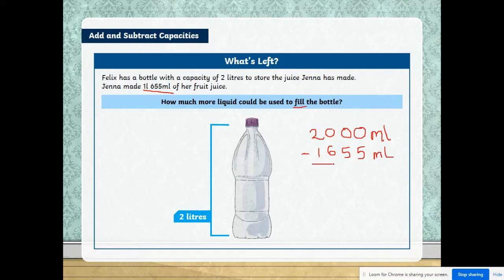So we're going to subtract this, which will give us how many ml of empty space is still there that can be filled. Now, when you're solving, children, be very careful because we have to do borrowing over here. All right. So we know that I cannot remove 5 from 0. So I have to borrow. Correct. Now this is again 0. So I cannot borrow from here. So I have to go to the next number.